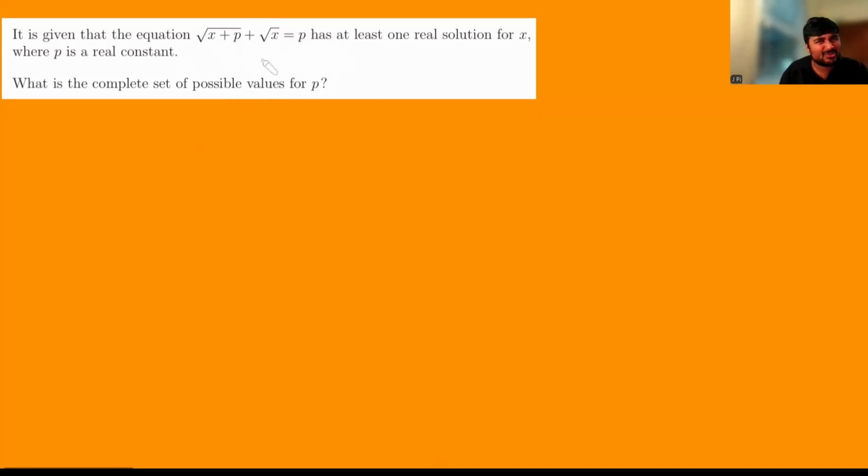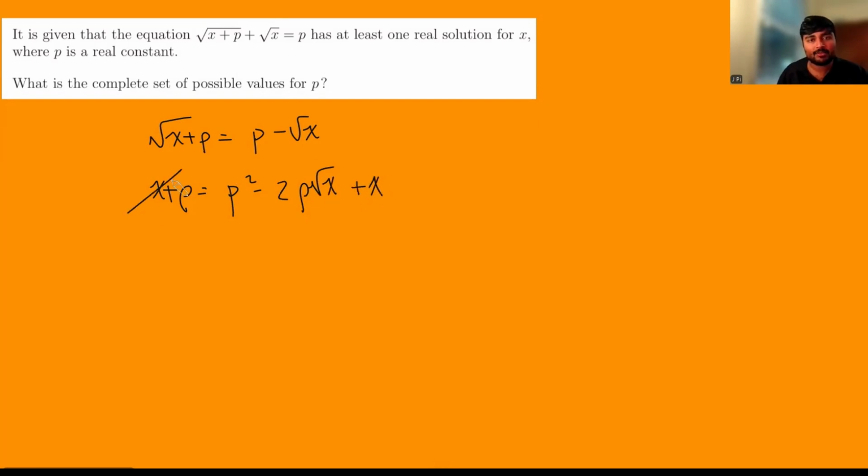So we kind of want a square, but it's a bit awkward with both the square roots on the same side. So let's bring one onto the other side. So we get root x plus p equals p minus root x. Square both sides, and we get x plus p is p squared minus 2p root x plus x. Those guys cancel. If we bring everything to one side, we get p squared minus 2p root x minus p